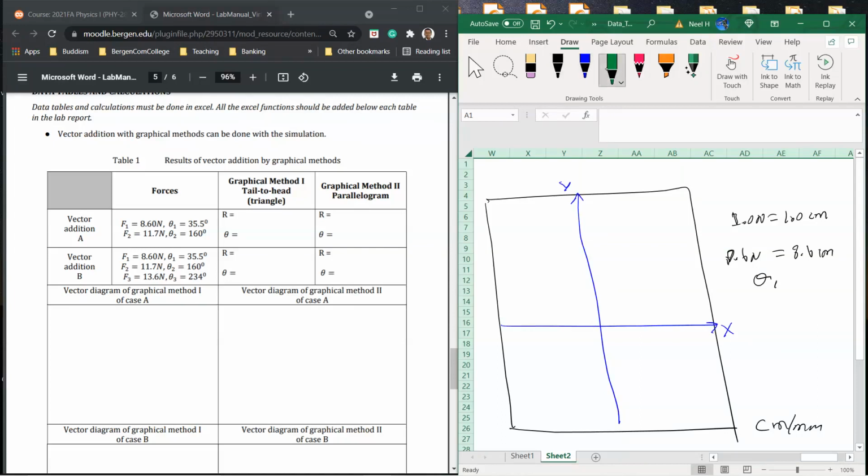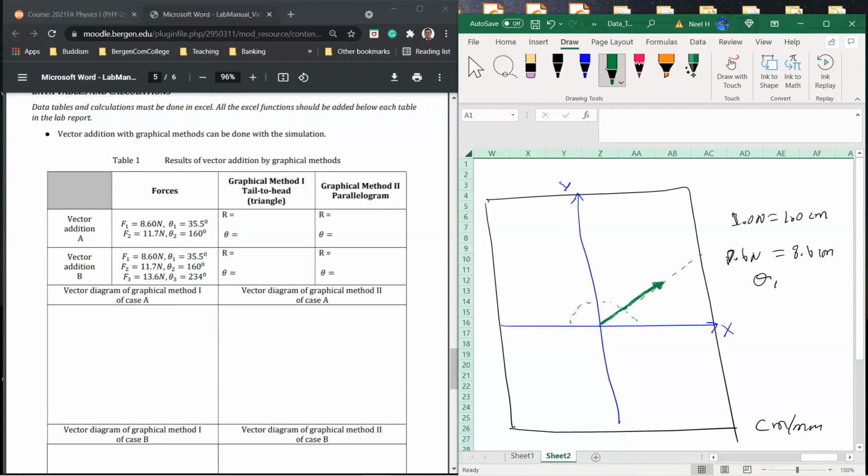First we put the protractor here, if it is real in-person classwork. Then we identify the 35.5 degree direction. Then we get rid of the protractor and draw a small dotted line. That is the direction of 35.5 degrees relative to positive x. Then we take the meter ruler and measure the length along this line, starting from the origin,